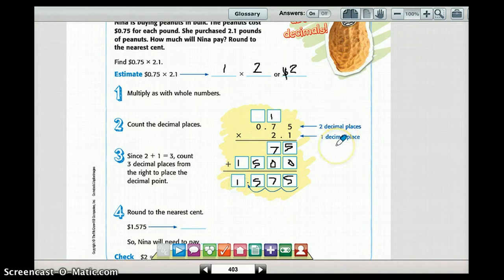So now here's where we figure out the decimal. We count the decimal places. We look at the first number. How many places are to the right of our decimal? There are 2 places, so there's 2 decimal places. And then in 2 and 1/10, there's 1 place to the right of the decimal. So we know that there should be 3 decimal places from the right to place the decimal. So we skip over 3 places. We start all the way to the right, and 1, 2, 3, and then we stick our decimal right there. And our answer is 1 and